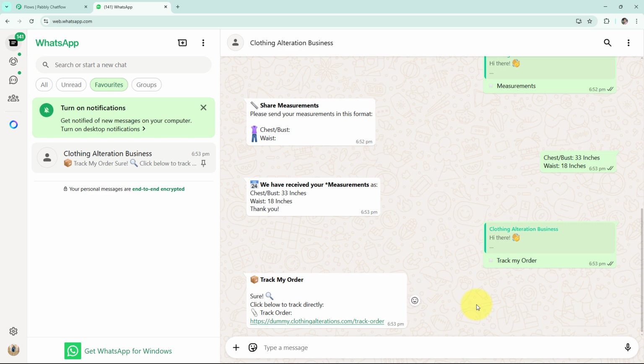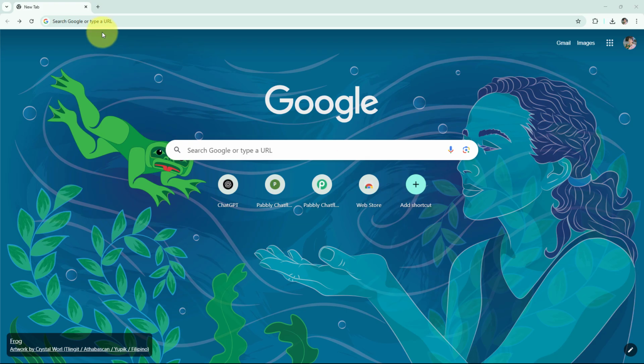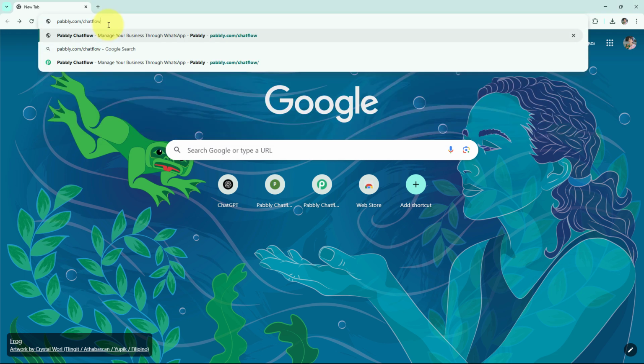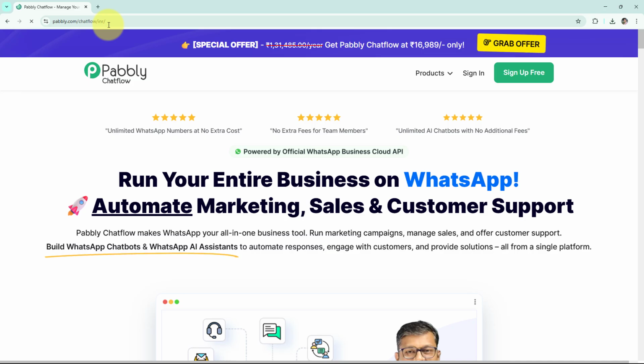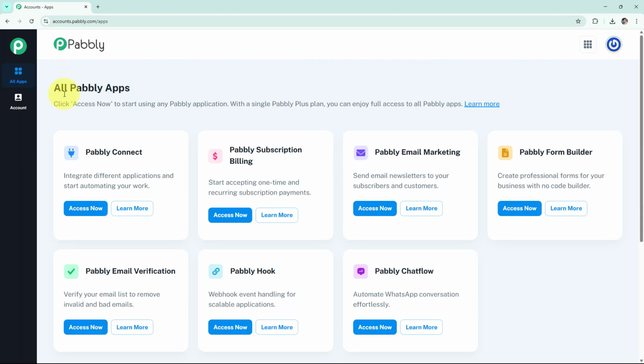So to create the chatbot, you have to visit Pabbly Chatflow's website, and for that, open a new browser tab. In a new tab, enter the URL pabbly.com/chatflow, and it will take you to the main landing page of Pabbly Chatflow. If you are an existing user, click on sign in. However, if you are a new user, click on sign up for free. As I'm already an existing user, I will click on sign in, and it will show me all the apps